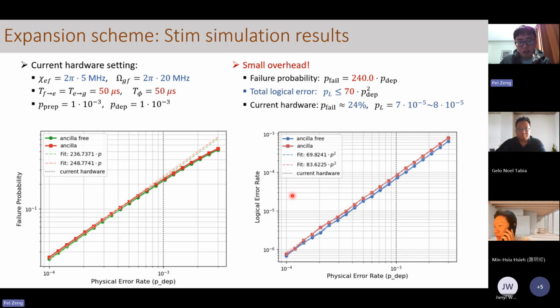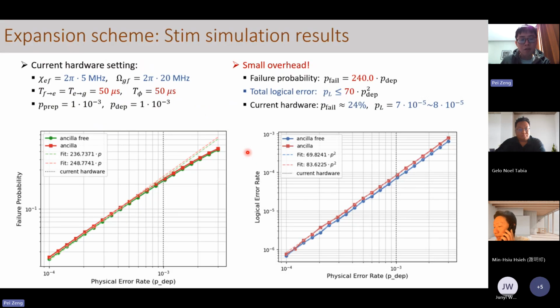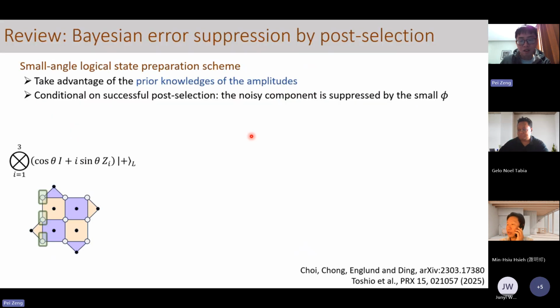And this error is like a 10 to the -4 error for the rotation state. We want to suppress the error to even lower. So for this purpose, we propose another scheme called the projection scheme. Here we take some ideas from two papers by Choi and Toshio, where they implement some